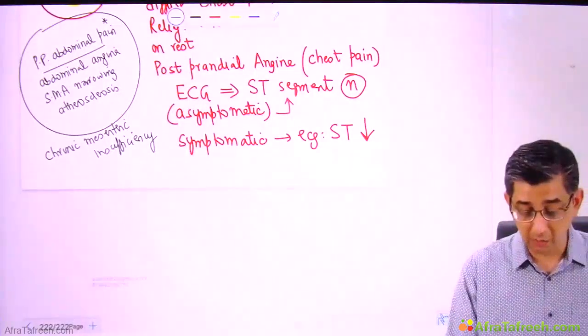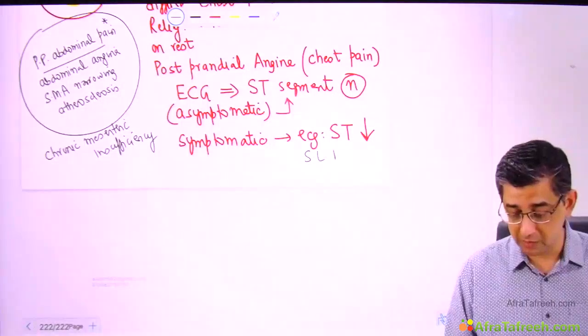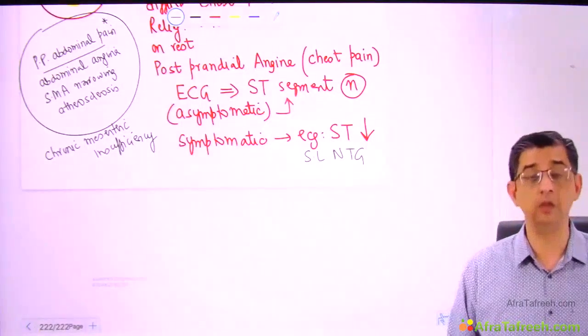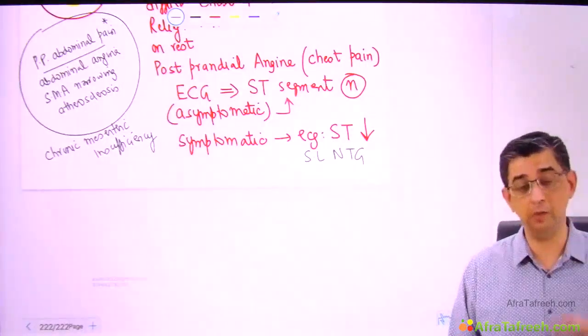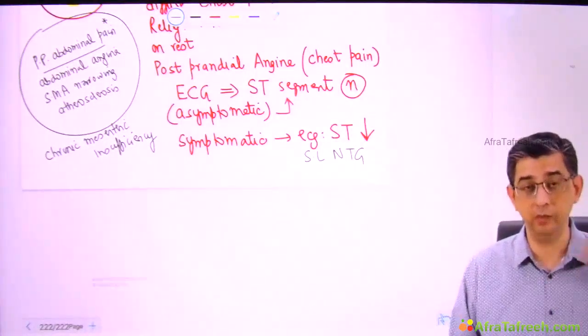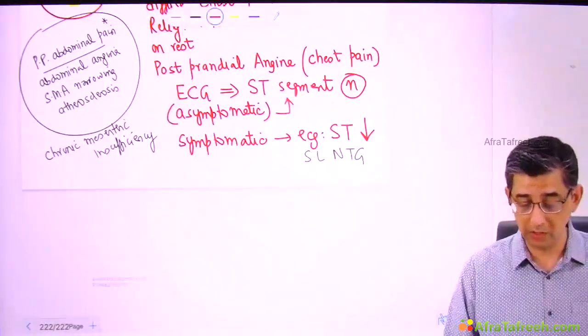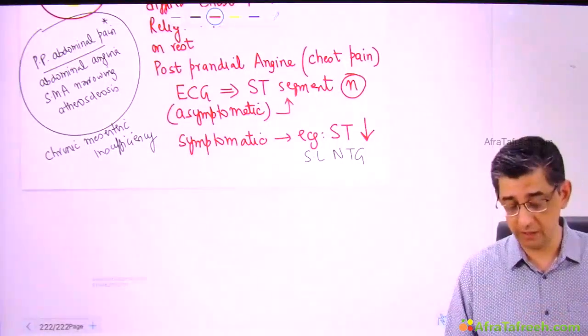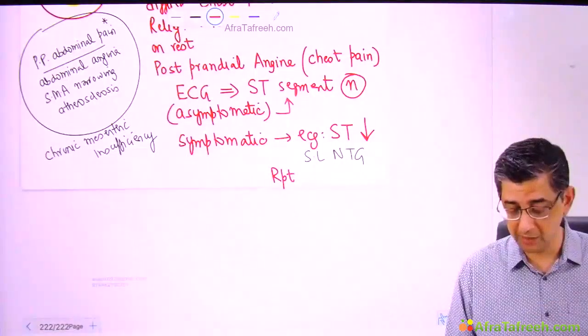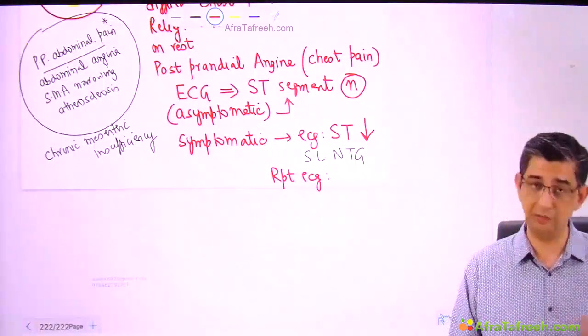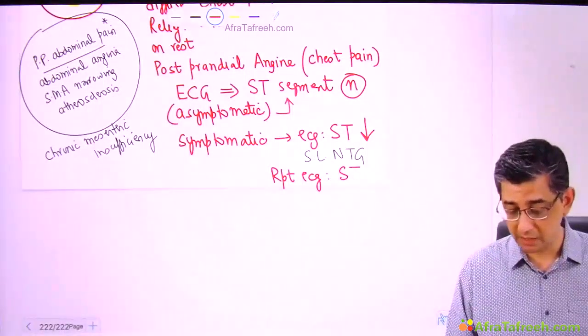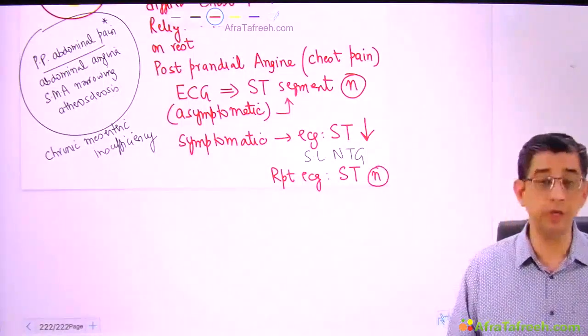At this junction, I would also have asked my medic to give this person sublingual nitroglycerin, and the moment sublingual nitroglycerin is given, because it's a coronary vasodilator, it will improve the blood supply. You will notice that if you wait a few minutes, let me say you repeated the ECG after 10 minutes, now he's feeling relatively better, the ST segment of the person will become normalized.